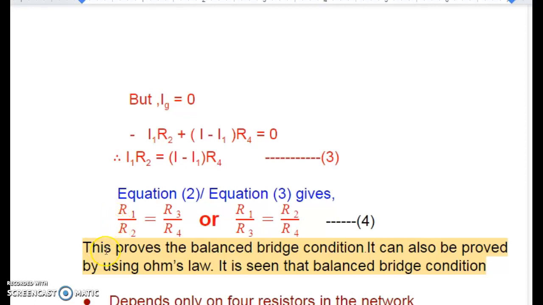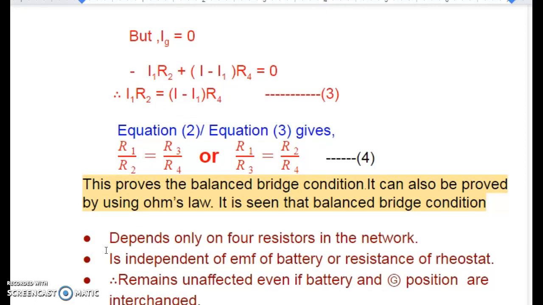So as I can see here, it says the equation is balanced bridge condition. Of course, this equation can be proved by using Ohm's law. Its logical consideration also we have already said. Whereas in this equation number 4 which I see, you can see there is no term of the potential difference V applied. There is no question of rheostat resistance. So I will understand that the balanced bridge condition depends only on the 4 resistors in the network. It is independent of the battery EMF or even the resistance of rheostat, and